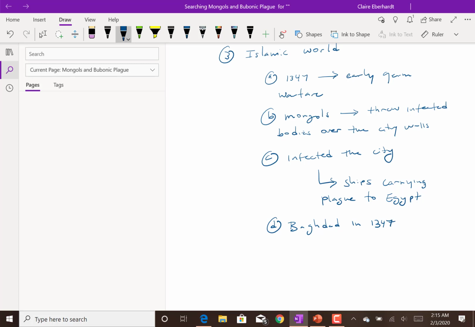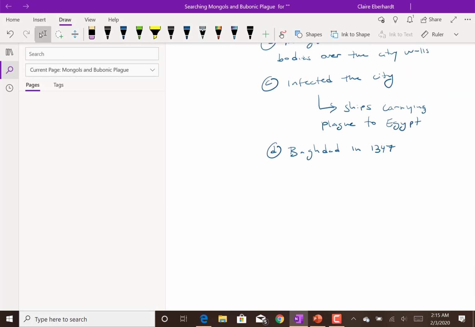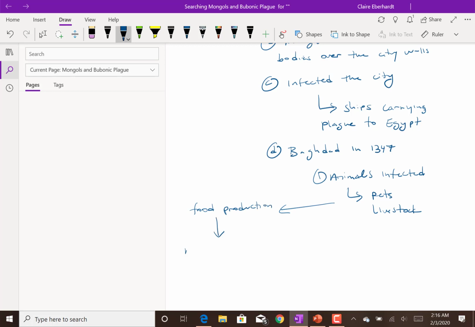One of the things that was mentioned a lot within the Islamic world was that animals were also affected. And it wasn't just in the Islamic world, but you do have a lot more sources talking about it, that the animals could be infected as well, which of course is not only pets, right, but livestock, which impacts, again, if we go back to it, food production, which just creates this whole cycle of more people sick. So it just is a continual cycle of problem